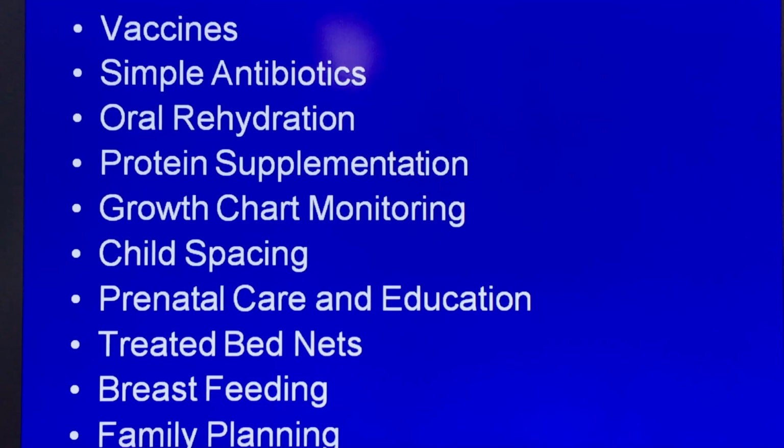As far as the growth chart of those children that are born in extreme poverty, malnourishment really decreases their humoral immunity and their cellular immunity and makes them more susceptible to very severe outcomes in these particular situations. So vaccines become extremely important, and they're very, very cheap in the developing world. The WHO vaccines really only cost, I think now, only a little more than $1 to $2 per child for all the vaccines together. Simple antibiotics also are inexpensive. Certainly we can give courses of antibiotics to children in Kenya for less than $1 for a whole course.